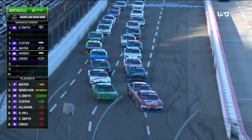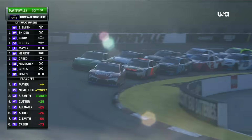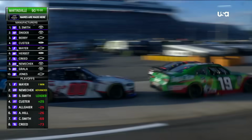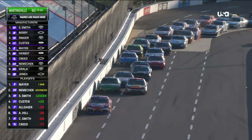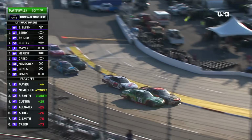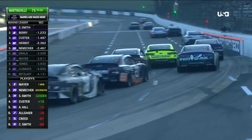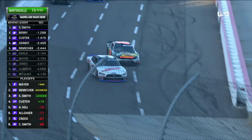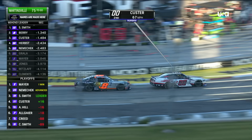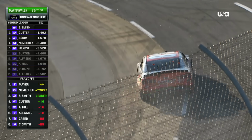Now, just 90 laps to go to determine the championship 4. Sammy Smith up the racetrack and holding on to that top spot. Josh Berry and Myatt Snyder fighting for second. And up front, though, the 00 is going to get around the 8. Cole Custer to second place. 48. Yeah, Parker